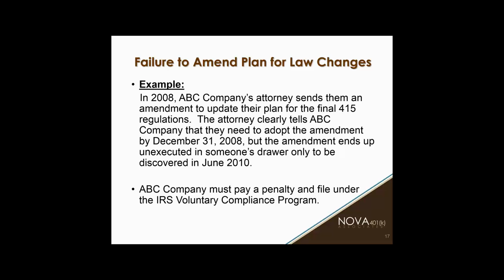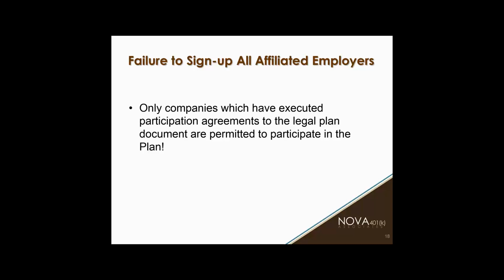Usually with new clients that we pick up, we find that they never executed their prior document, or they missed an amendment somewhere along the line. And what happens is we have to go and file under the IRS VCP program as a late amender, which again has those fees involved. I mean, it's going to be a $3,000 fee just to the IRS. Then we have to prepare the amendment, so we have our costs as well. And so it's very important to just keep an eye out for these emails that we send to make sure everything's executed on time.